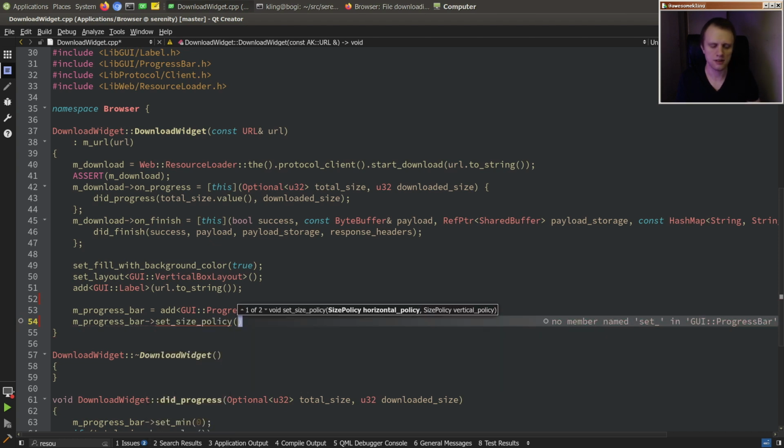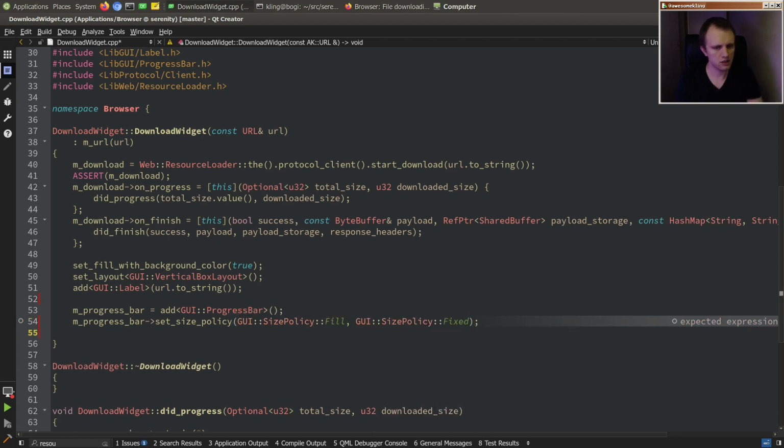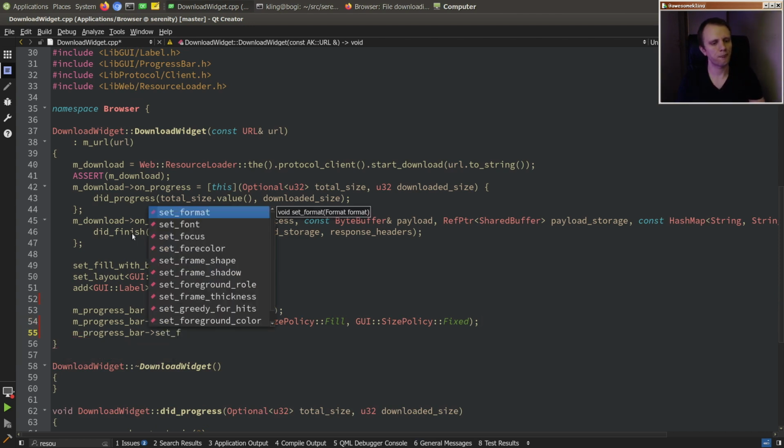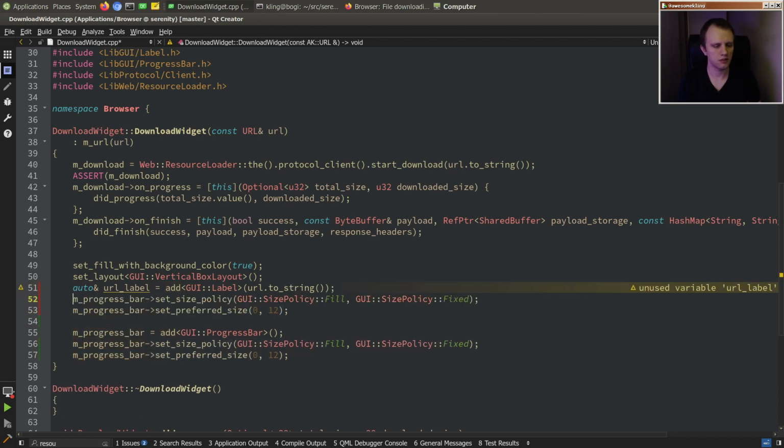So size policy is going to be horizontally fill up all the space horizontally, but vertically we'll say fixed, and the preferred size is going to be, I don't know, like 12 pixels tall maybe. Okay, and then likewise for the label, so we'll make that pretty small as well, I think. Actually, let's do something very similar here. So URL label,